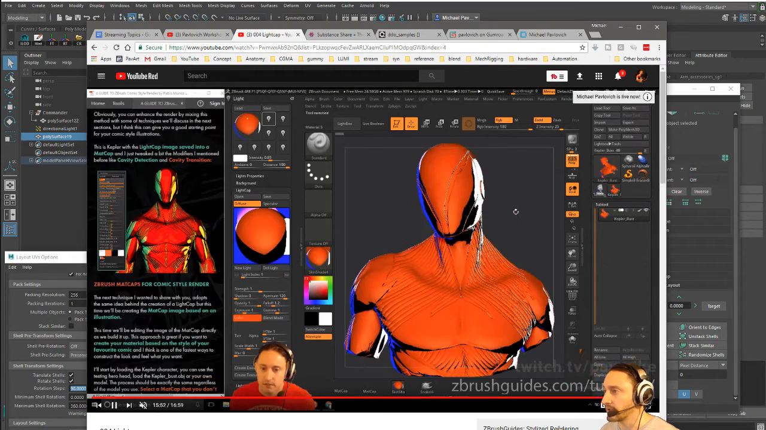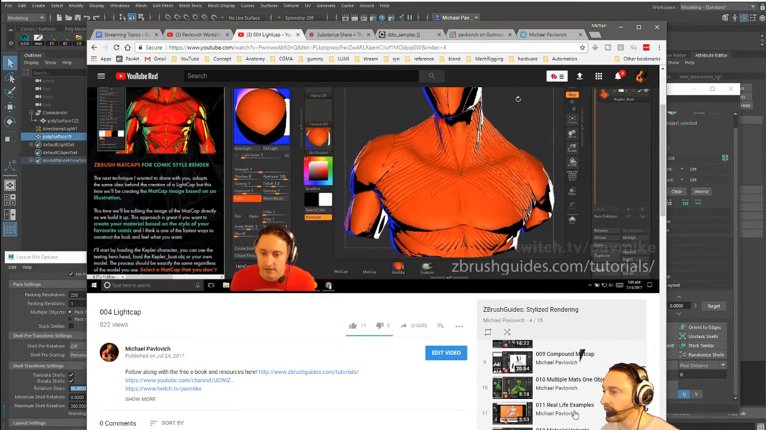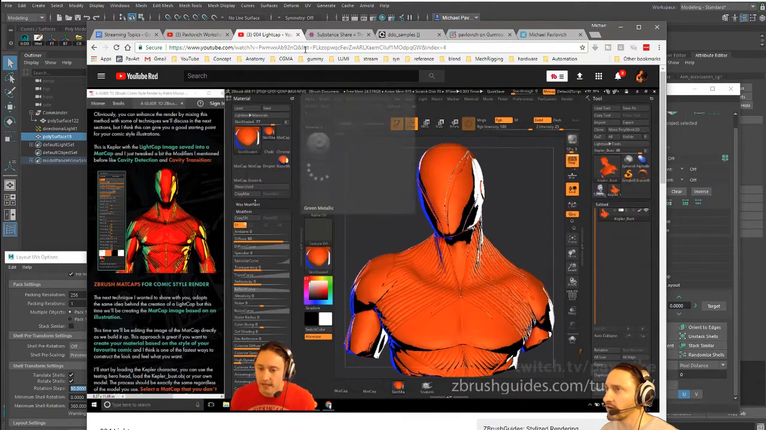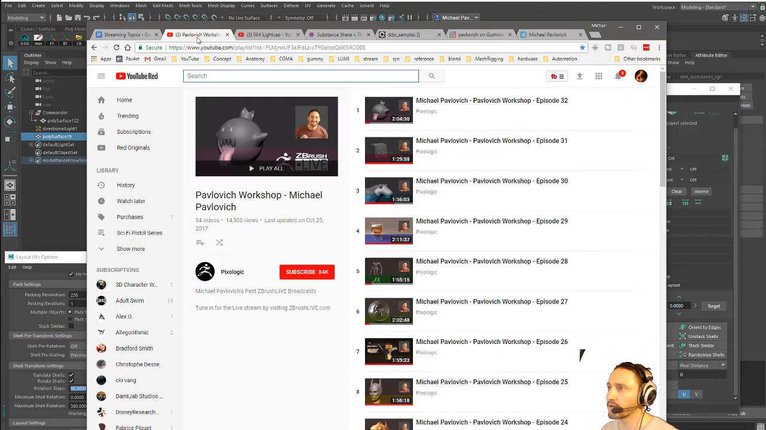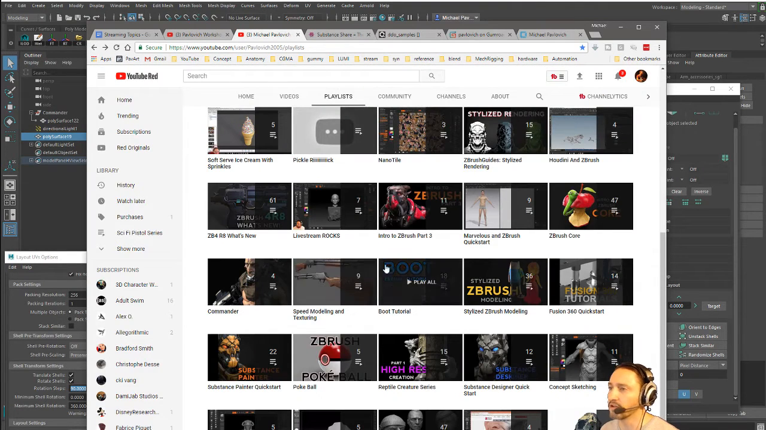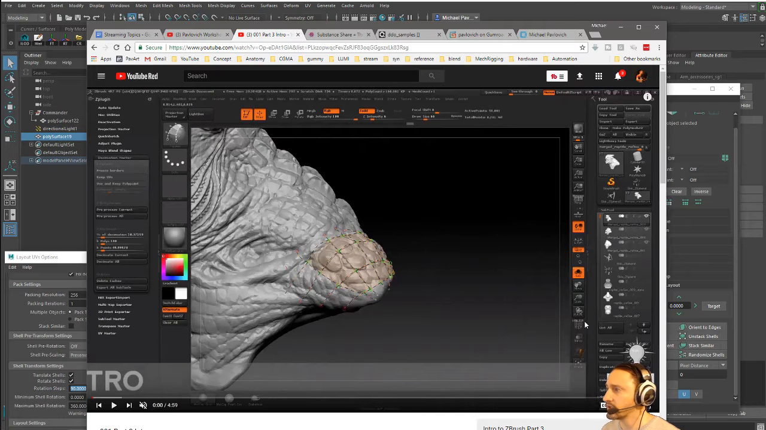And that's just the built-in baked lighting here. And then also you can use light caps as HDR images. In fact, let's see if we have that on YouTube. Anyway, there's a whole series on just that kind of stuff, and light caps in particular. And then also if you go to my Intro to ZBrush Part 3 series,